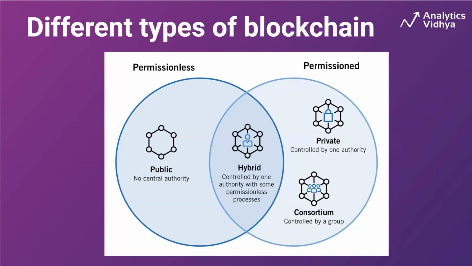Okay, so there are different types of blockchains available currently. There are mainly four types of blockchain: public blockchain, hybrid blockchain, private blockchain, and consortium blockchain. In a public blockchain, there is no central authority, which solves the real-time issue of trust, since currently centralized authorities dominate organizations and have a world of access.